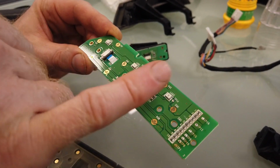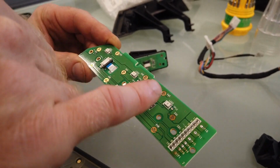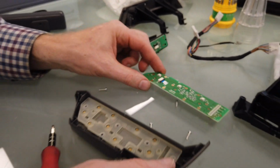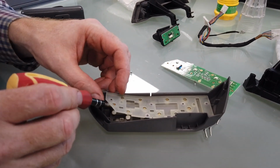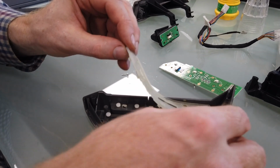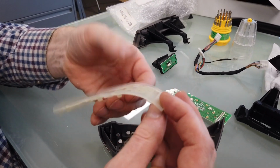So if it's not working, you could just clean these off. Sometimes if they had Coca-Cola or something spilt on them, you could just clean these with a baby wipe or an alcohol wipe, and that can fix the problem. And then you should have a little membrane in here. Let's get it out from this side. Okay. And that's all there. And these are the little conductive